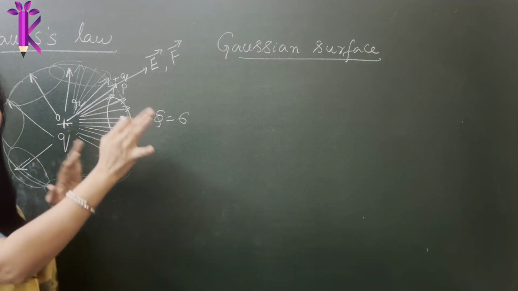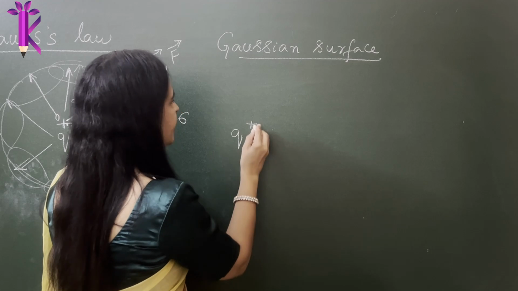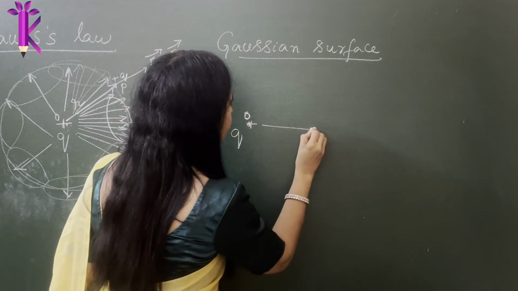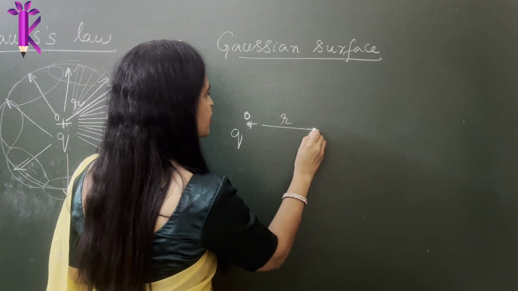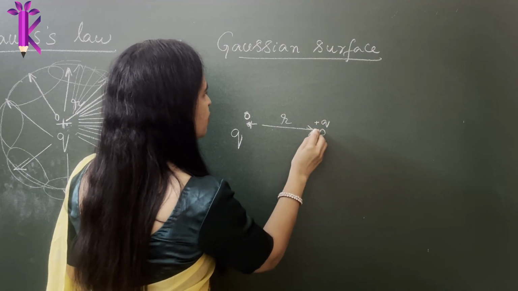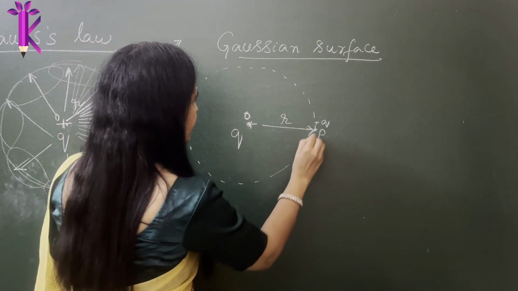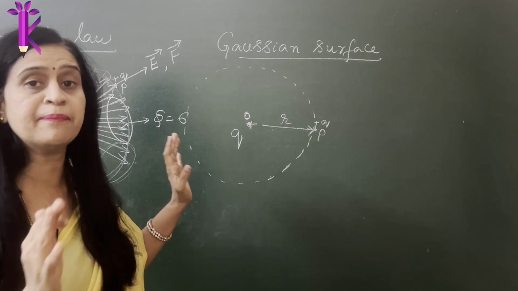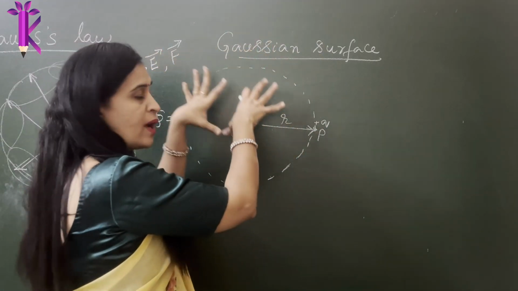If I have to draw it two-dimensionally, how would it look? This is your point charge Q, which is your source charge placed at the point O. Now these are your field lines. You imagine a Gaussian sphere, and a point P here where you have kept your test charge plus q. Now imagine this spherical surface. It looks like a circle because I'm drawing it two-dimensionally, but you are imagining a spherical surface coming out of the board and going into the board.